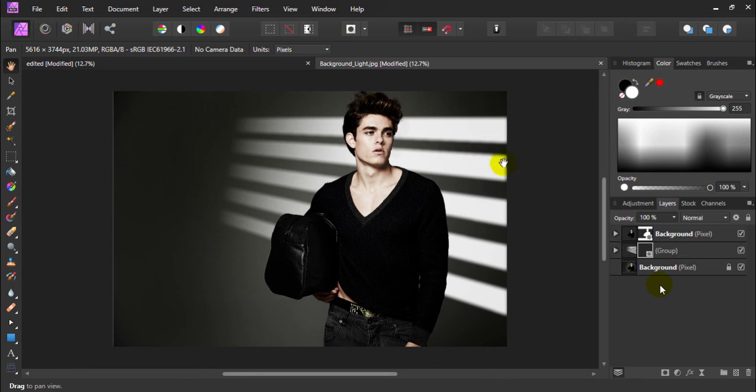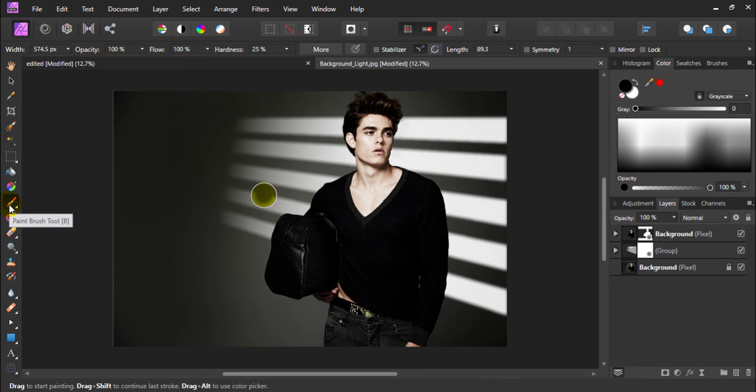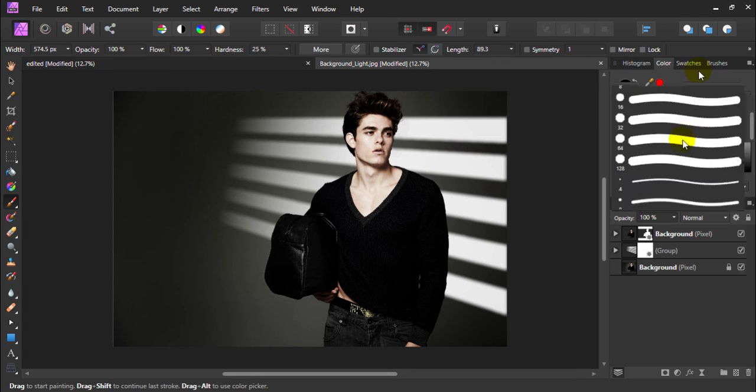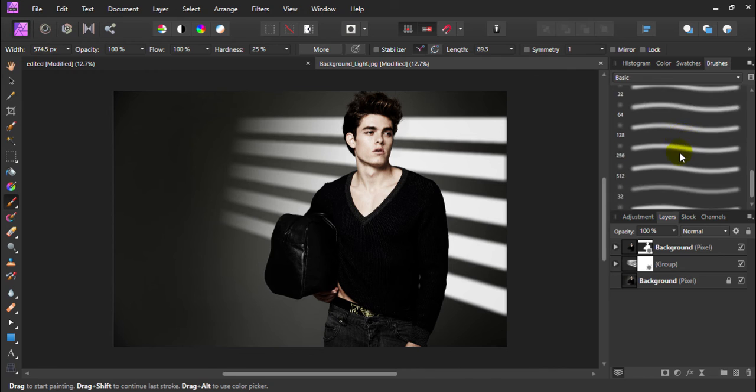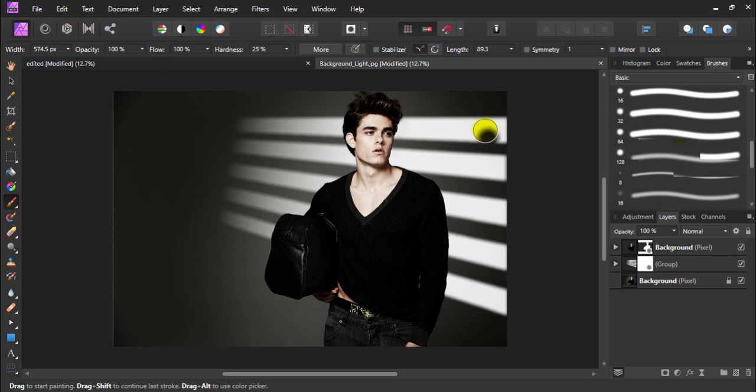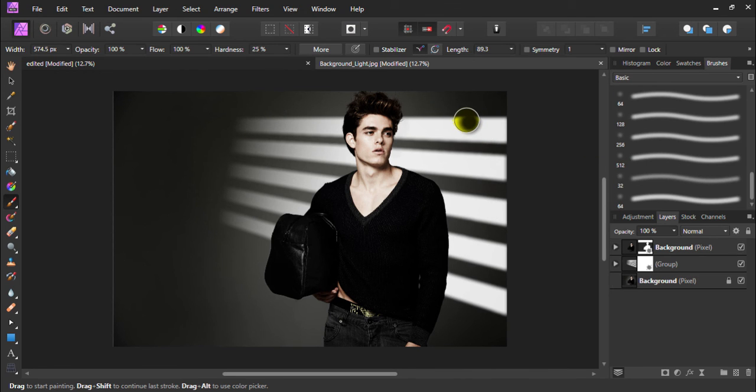Okay, then select brush by pressing B, or you can also click on this tool, and make sure your color is set to black. Okay, and select any brush with a light shade. Okay, now when you draw with the brush, the brush size from here should be higher and here it should be lower. Okay, so increase brush size a little bit.